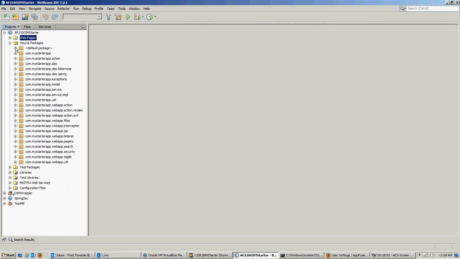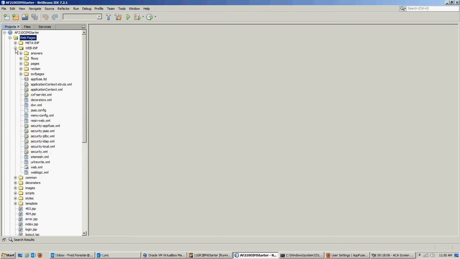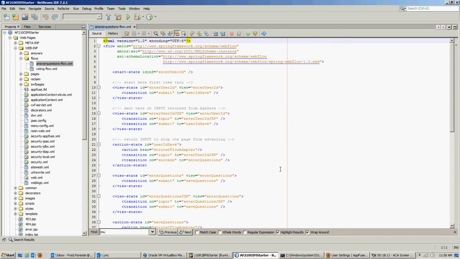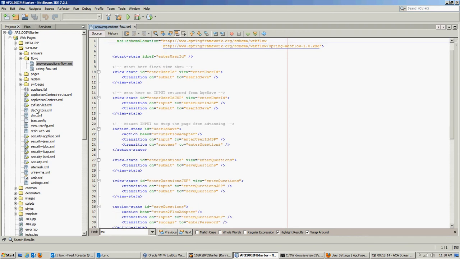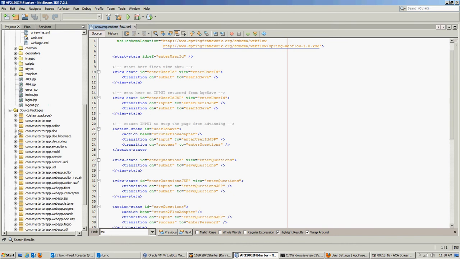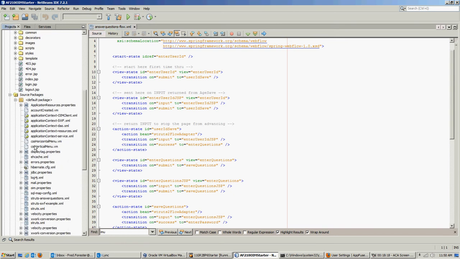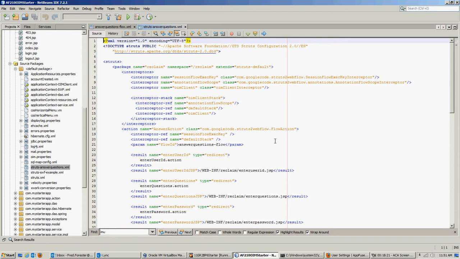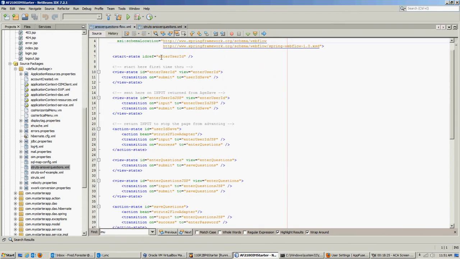It's here. So you would define the flows. This is the actual one that answers the challenge questions. Then down here, I created separate Struts includes for each one of these. So here's the Struts package that goes along with it. You see how your flow has enter user ID, and then when you submit, it goes to user ID save, and then that calls this Struts2 flow adapter, which is basically the plugin, and then it runs your action class for you